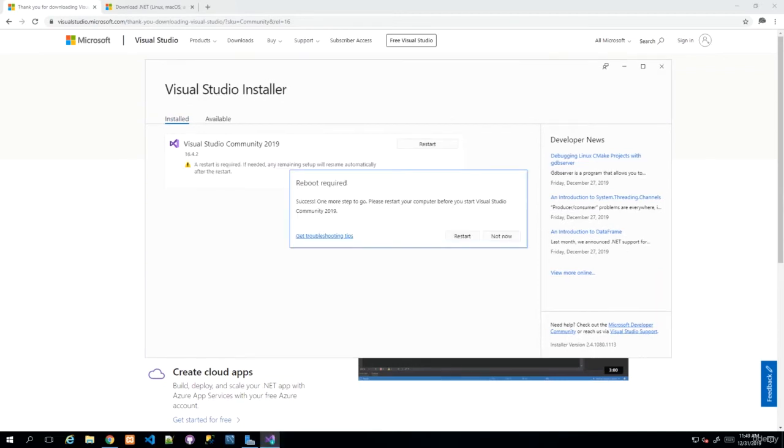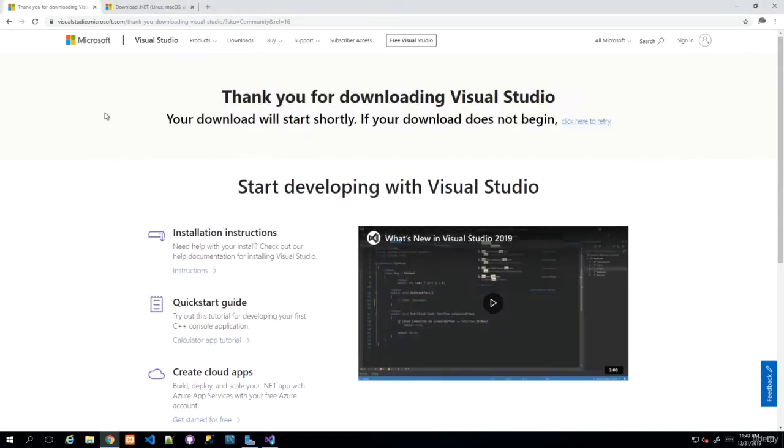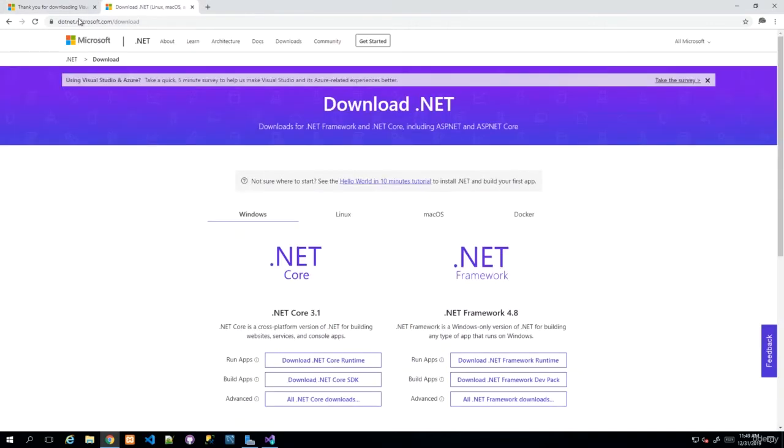All right, so this process is finished. It probably took just under an hour. And they're saying that they require that I restart my computer in order to complete this setup. So I'm going to say not now. Not that you don't need to restart, but there's something else that I want to show you before I let you reboot. So I'm going to say not now, which is basically just not going to complete the installation just yet. But I'm just going to minimize this, and I'm going to show you that we need to download the .NET Core 3.1 tools. And so I already have that open, and you can get to this website through